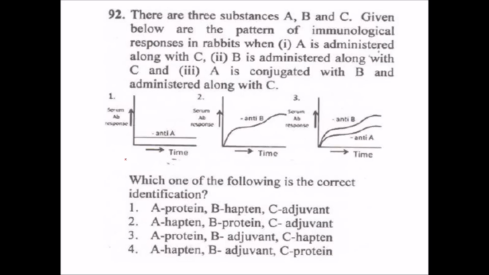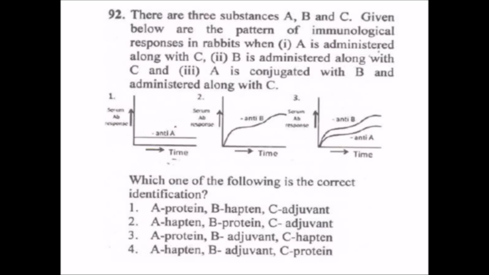This question is also quite simple. The question is that there are three substances A, B and C. Given below are the patterns of immunological responses in rabbit where A is administered along with C, B is administered along with C, and A is conjugated with B and then administered along with C. Here now if we look at the response for the anti-A, it's quite